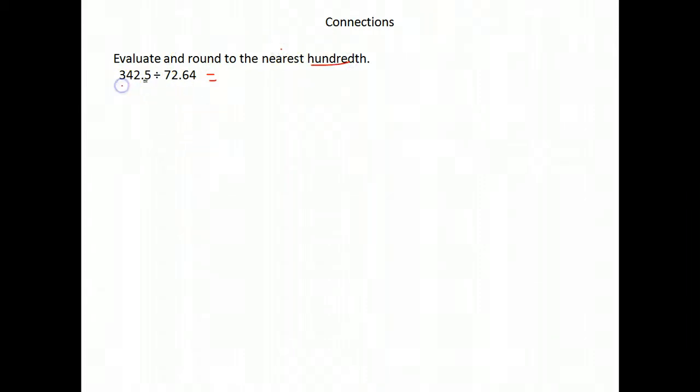So we divide 342.5 divided by 72.64 is 4.71503304. It wants it rounded to the nearest hundredth, which is 2 places after the decimal, so that would stop